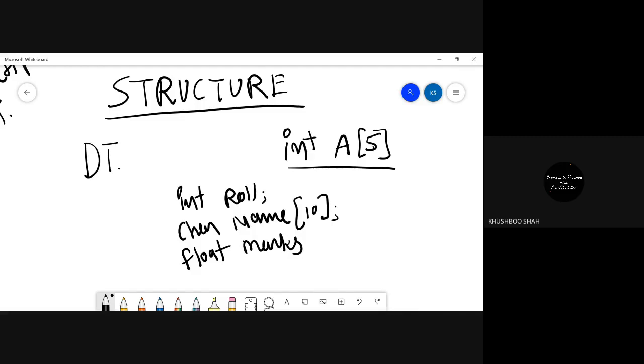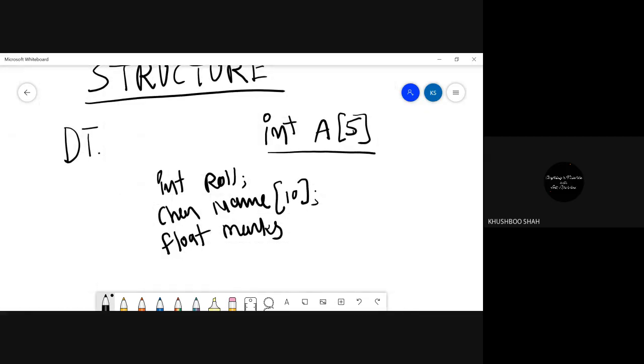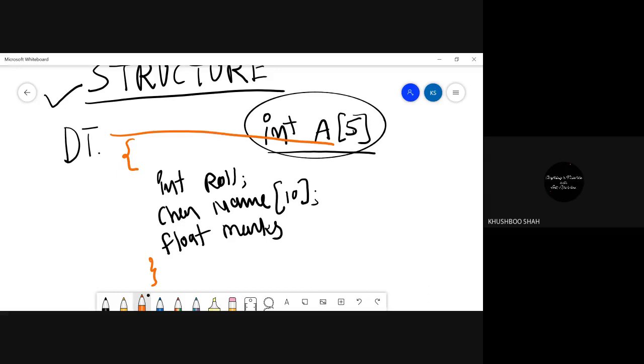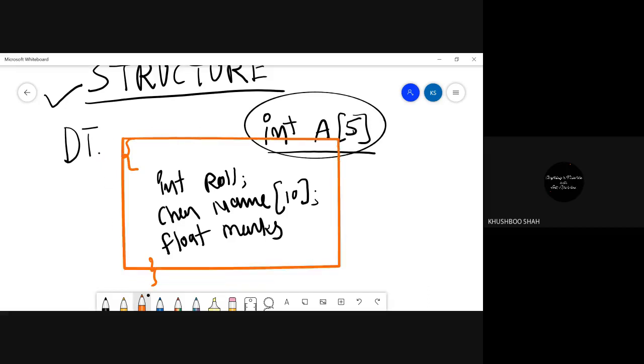Now I want to store roll number, name and marks for each student, but I know that I cannot use an array for this. I can use the structure to store multiple types of data, and for that you write all these things in a block. So this is your structure. I'll show you how to write it. I'm just giving you an idea of how you can write it. Clear, everyone?